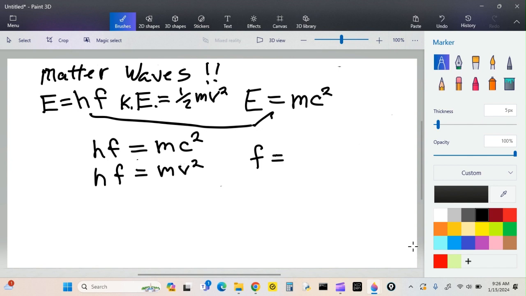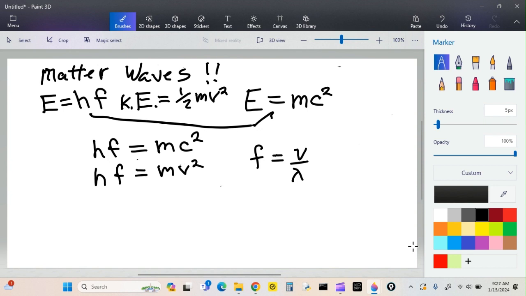Frequency is equal to velocity over wavelength. Let's see if that makes sense. This is in meters per second, this is in cycles per second, and this is in meters. So the meters will cancel out, and then we'll just get per second, which is frequency. Boy, I had to talk myself through that to make sure what was going on.